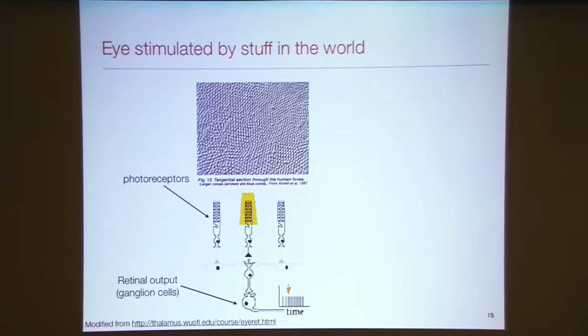Now, I'm not going to be doing much justice to the retina because there is quite a beautiful and intricate machinery going on at the level of the retina. In particular, your retina is already implementing several stages of visual processing. I'm not going to talk about it much today for lack of time, but instead I'm just going to take a shortcut and consider the output of your retina through the retinal ganglion cells. Bruno mentioned yesterday that there are about 10 million such fibers coming out of your eyes.